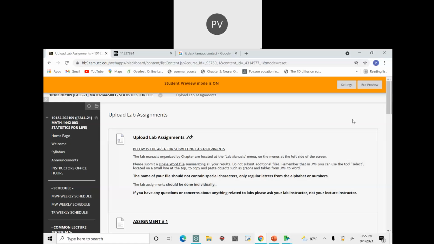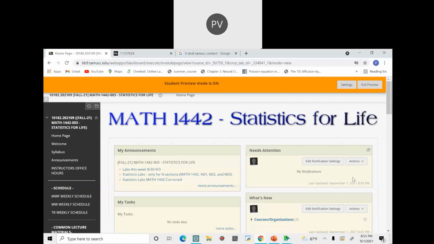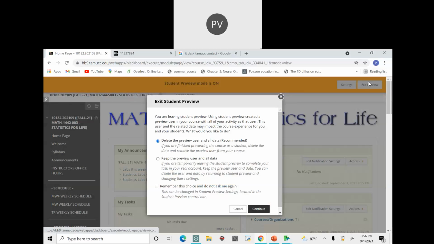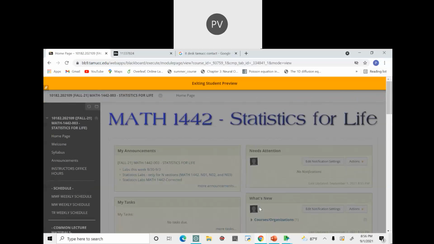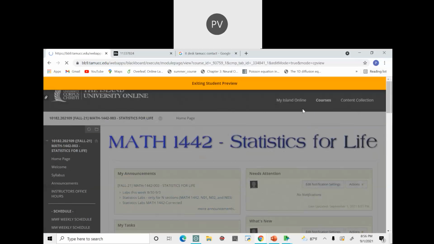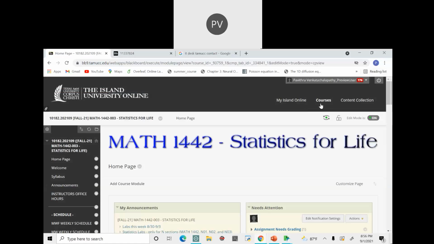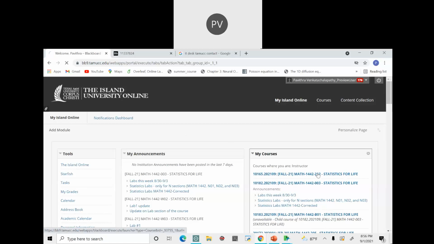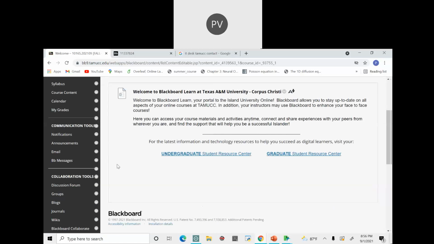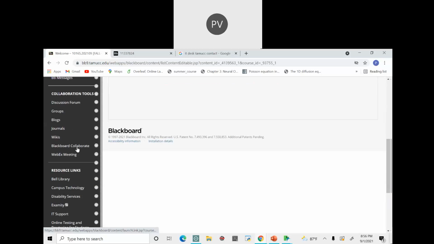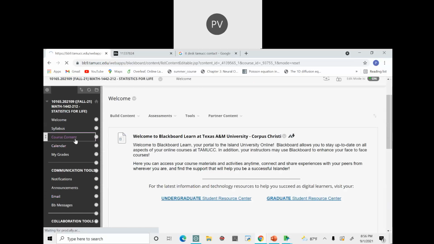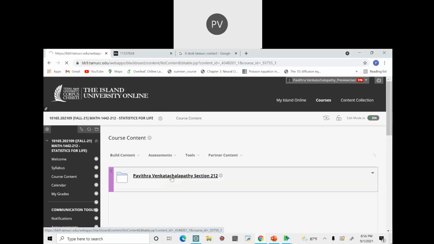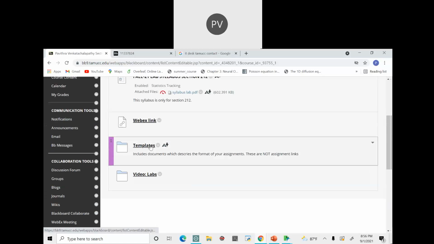Okay, for this I will have to go to... okay. So I have uploaded those templates in a lab section. You will be finding it under course content, my section, and here templates,